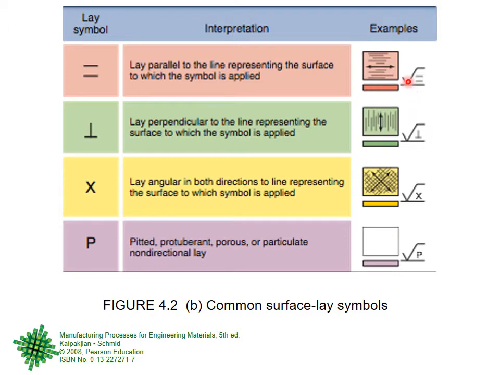And on the drawing, the symbol is like this, an under-root type of sign, right? This line is there for the surface and this under-root sign means the type of problem that we have on the surface. So there is a parallel lay, a perpendicular lay, an angular lay, and a particle or pore type of lay. So if you are using drawings and you are in quality control, QC, QA, and you want to show what type of problems are there.